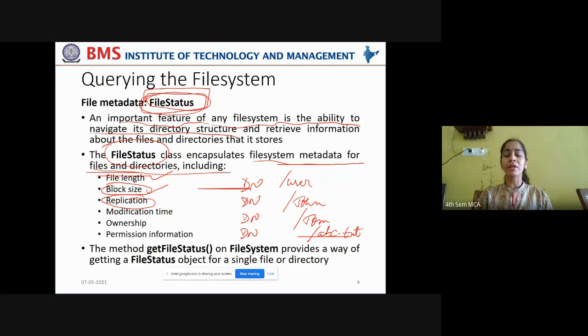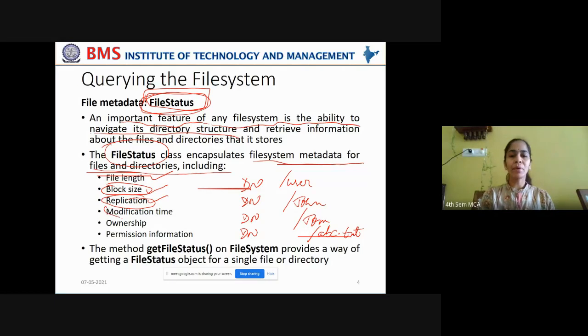You understood in the previous classes that the replication factor helps us maintain multiple copies of a file, so that it ensures high availability of data in case of data loss, data corruption, or if some disk fails. In such cases, if you have an alternative copy, it will be easy for us to retrieve that copy without losing the data. So the replication factor, the number of copies that have to be maintained for that file, can be understood from this property, replication.